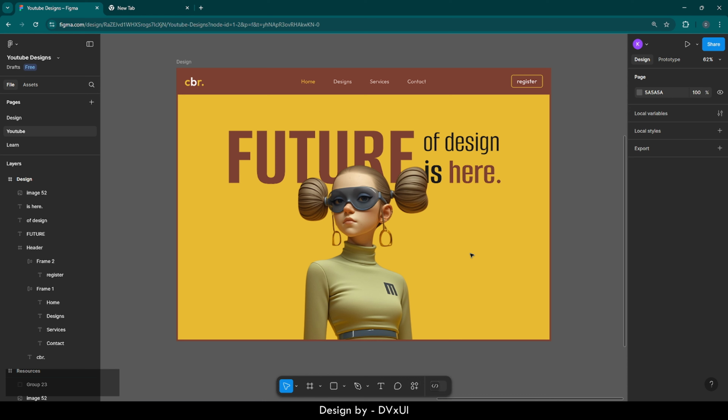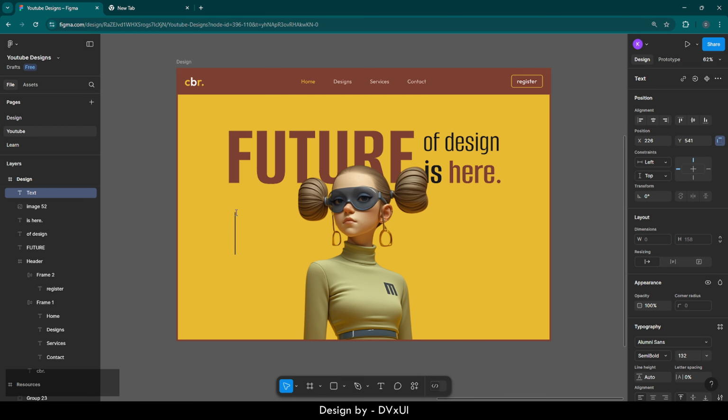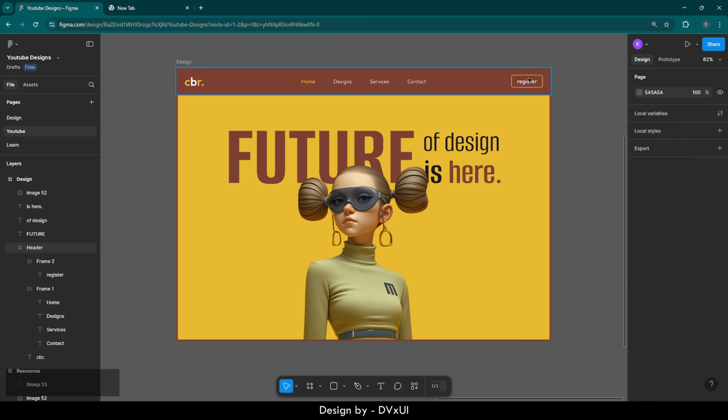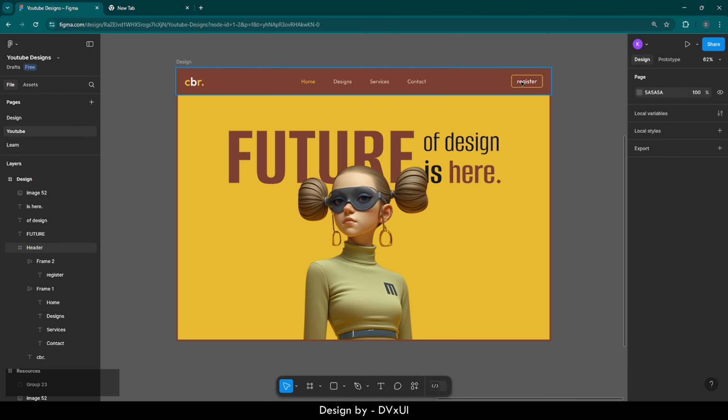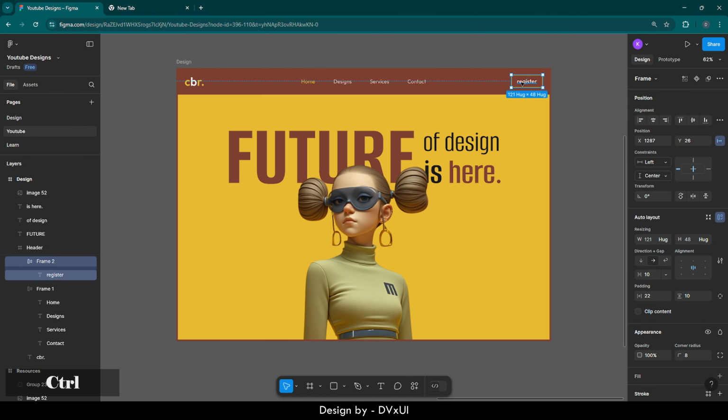Now the next thing that we need to do is we need a primary CTA over here. Well, CTA is just a fancy name for the call to action button. It is a primary button of a hero section. So with the help of CTA, user can reach the core function of a website. So for the button, again, I'm going to take a text. Well, we can do one thing. We can take this button and redesign it to our purpose. So let's extract it from here. So just copy paste it,